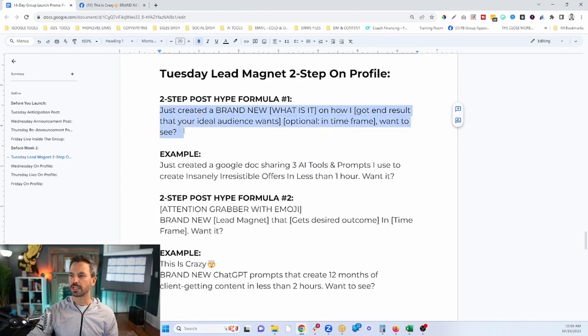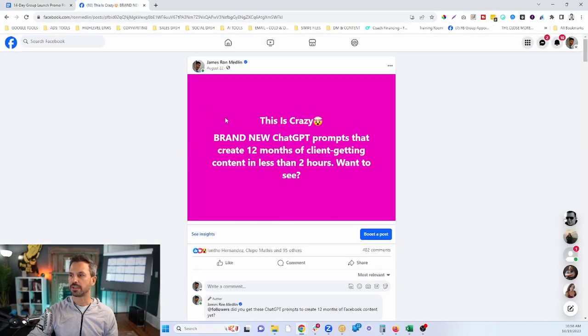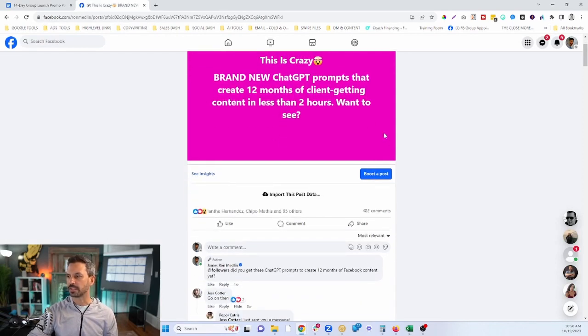But we're going to be using a lot of these 2-step type posts, and I'm going to show you one example of a 2-step post here. You can see it's basically, hey, I've got this thing. Would you be interested? Drop a comment below. You can see this one